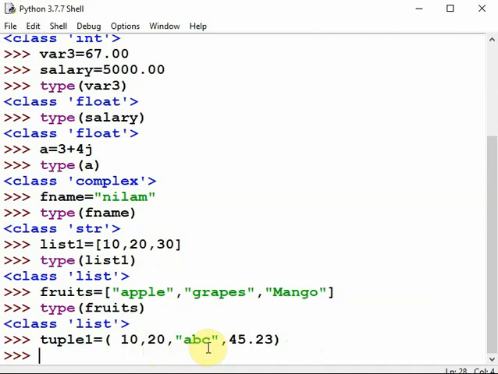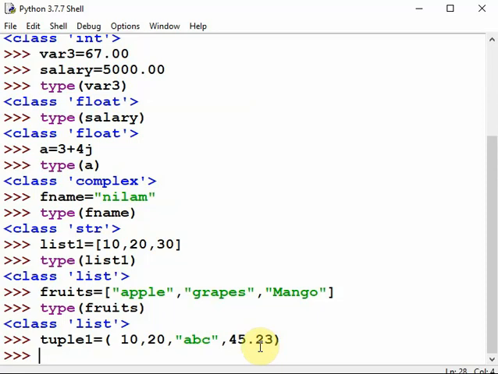The third, ABC, which is enclosed in quotes, is the string data type. And the fourth item is 45.23. There is a point used, so this is the float data type, right? So you can store a number of atoms in the tuple data type.